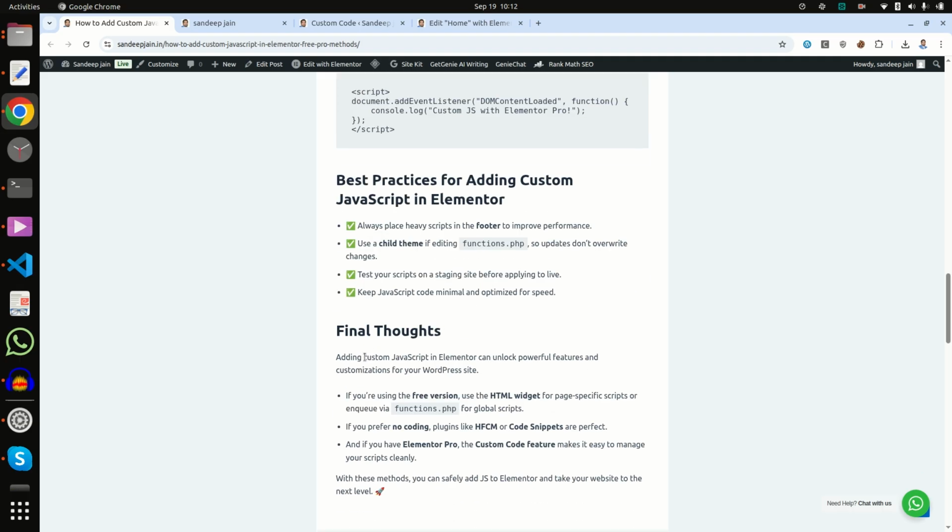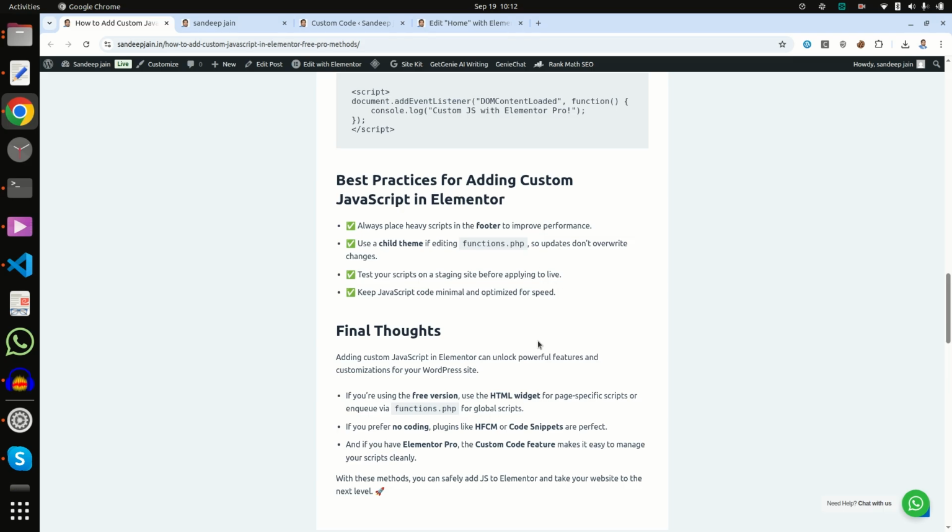Best practices for adding custom JavaScript in Elementor: always place heavy scripts in the footer to improve performance. Use a child theme if editing functions.php, so updates don't override changes. Please do not add directly in the parent theme, always use a child theme. Test your script on a staging site before applying to live.